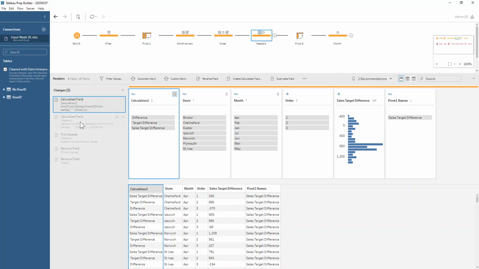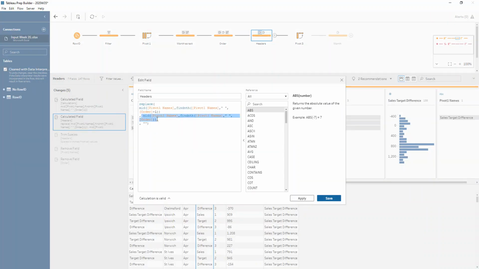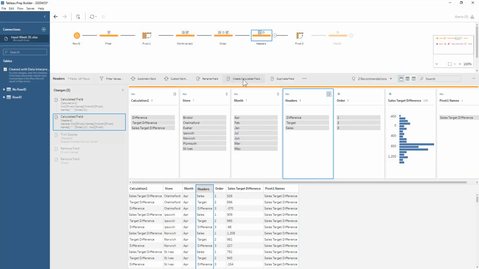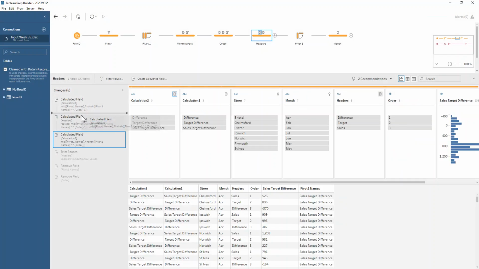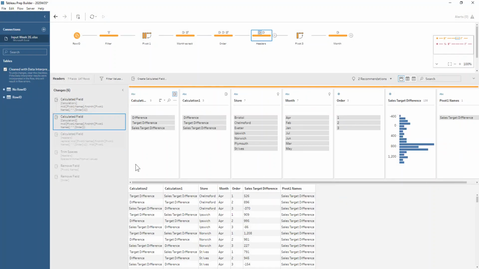So what we do to change this around, let me show you this next function. I'll take that out and pop that in a calculated field as well. We'll just name it calculation 2 just to save time. So what we're doing is, it looks like it's exactly the same, but you can see that it's not. Instead of doing the order -1 now, we're just doing the order. So for example, if we look at a row that is to do with sales, then it's giving us everything after that first space now, so that we can get rid of the target and the difference by using a